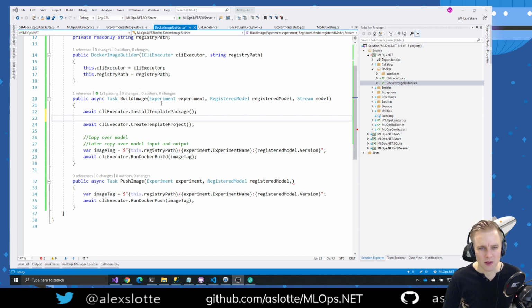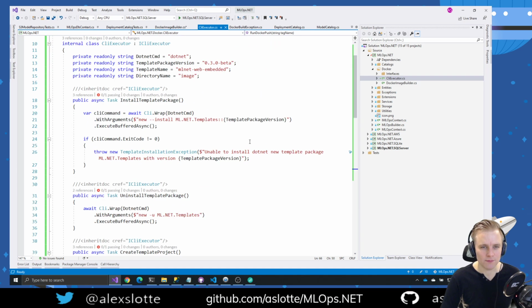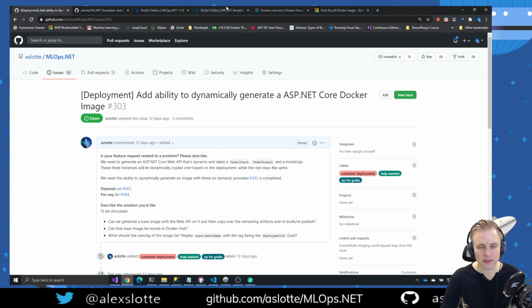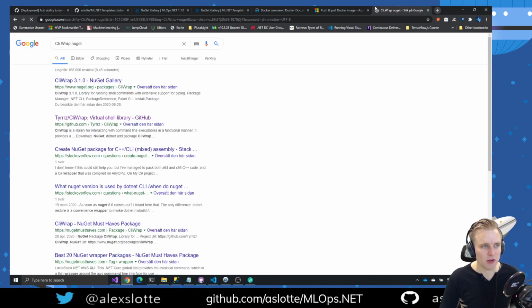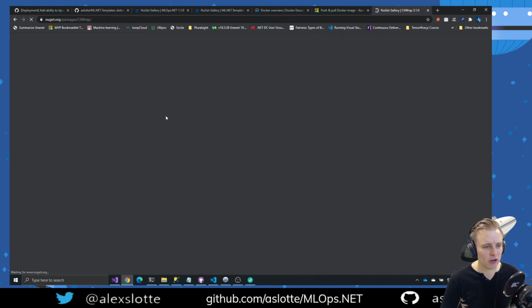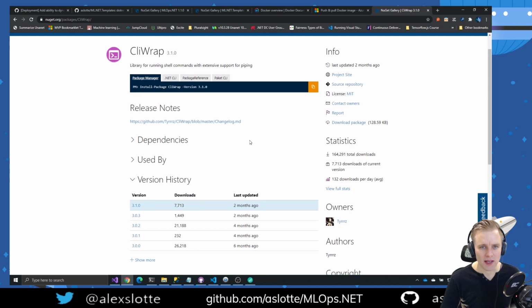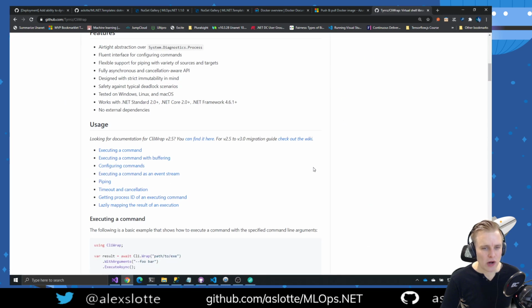But if you look at how that's done here, we have this class right now that is contained for all the CLI stuff. And I'm using something called CliWrap, which is a NuGet package out there that I used before for just playing around, and it's pretty good actually. I can highly recommend it. It's a NuGet package that you can download, and it will wrap around different